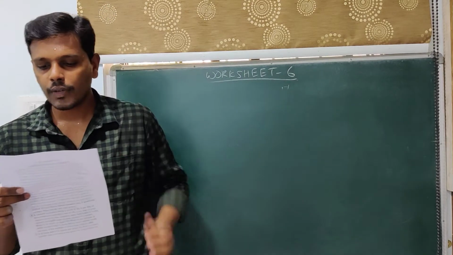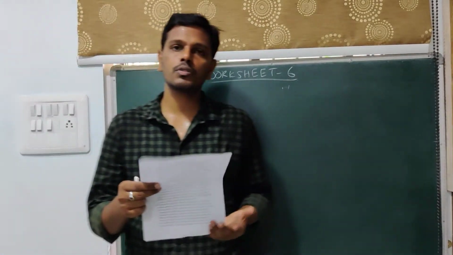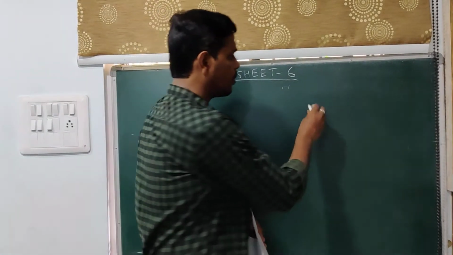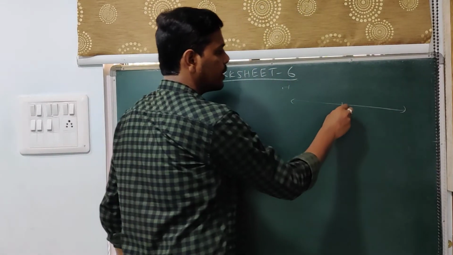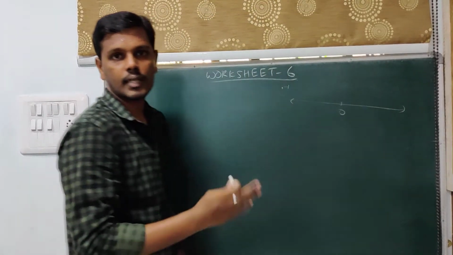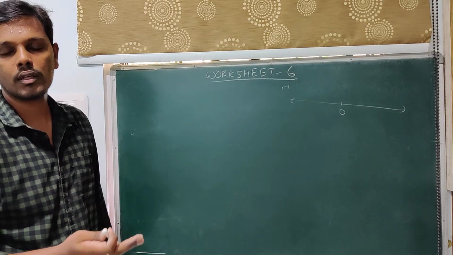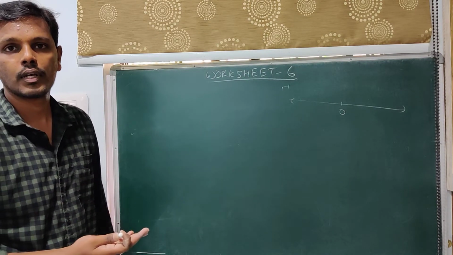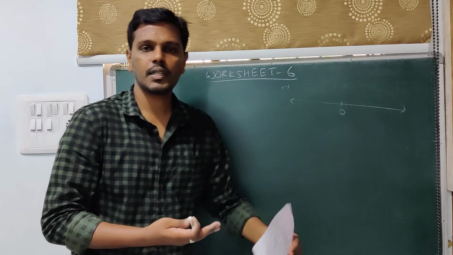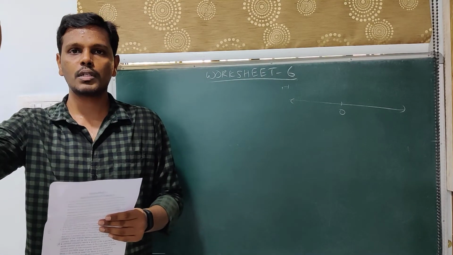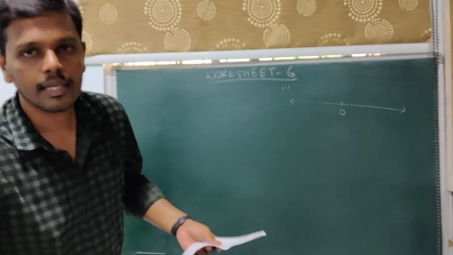Okay. So before we get into the problem, let us discuss what is above zero, what is below zero. See, we are drawing a number line and we are discussing that all the numbers on the right side are positive and all the numbers on the left side are negative. This is one way of interpreting. All the numbers above zero are positive and all the numbers below zero are negative.